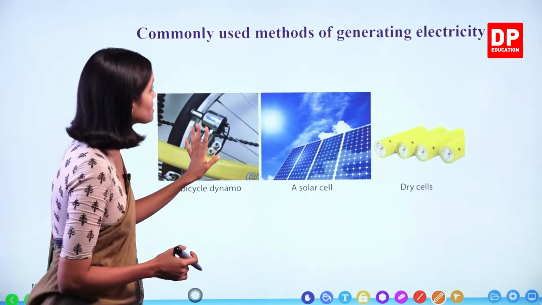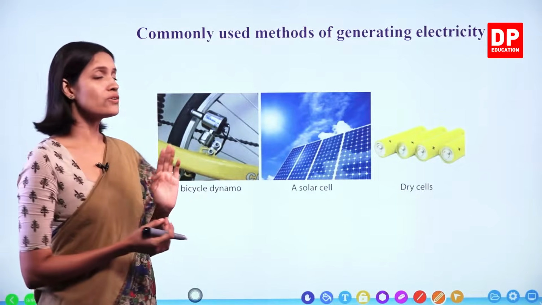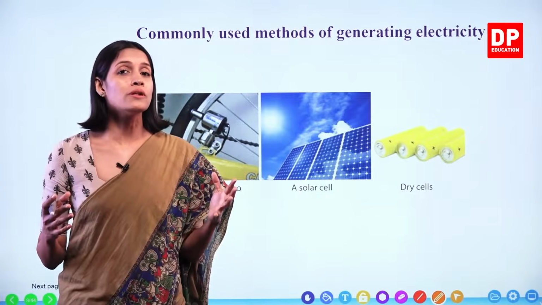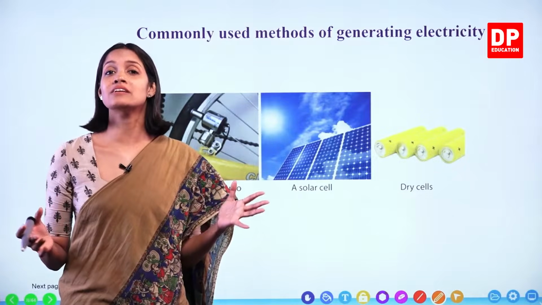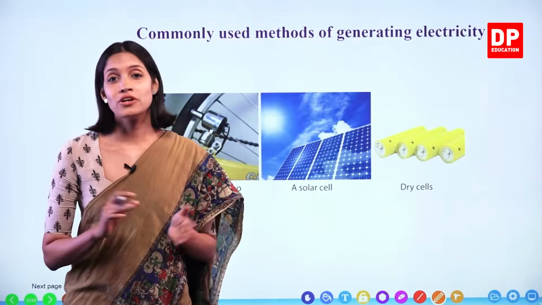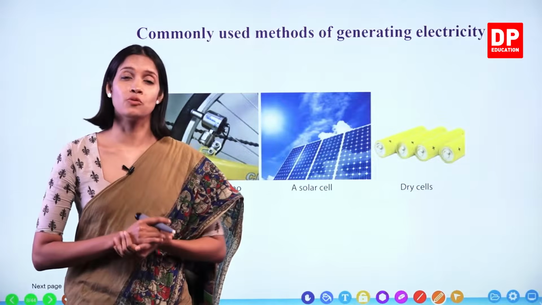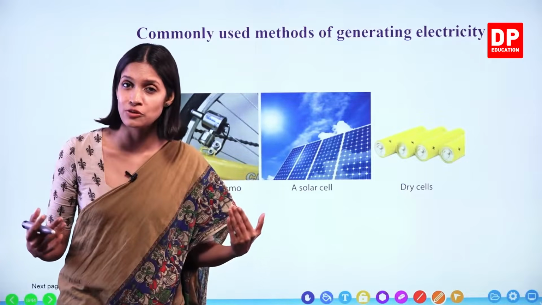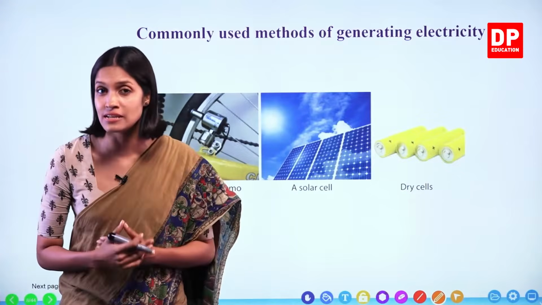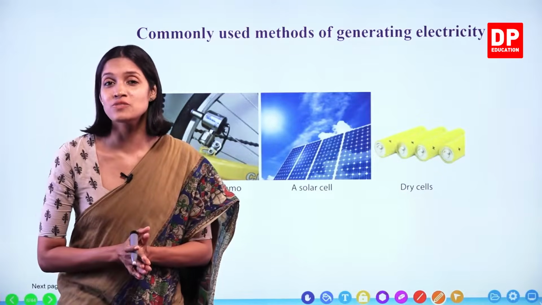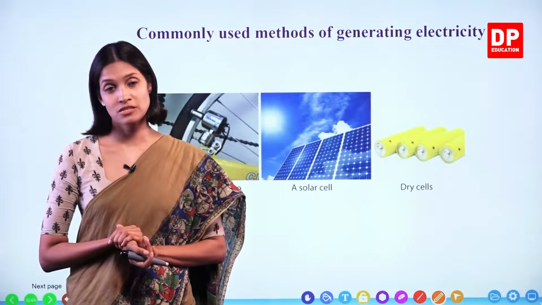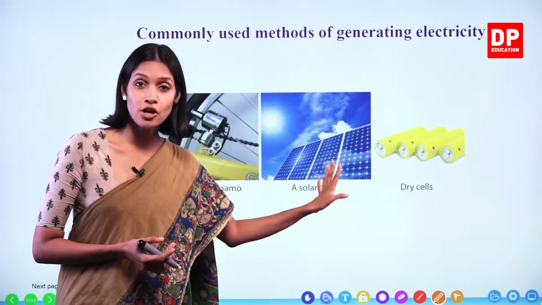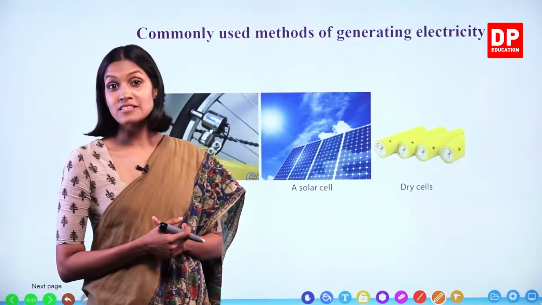So, commonly used methods of generating electricity. So, remember children, there are so many methods of generating electricity. All the methods we are going to categorize under three basic methods. So when you are going to the upper grades, you will understand this better. So all the methods, there are different ways of generating electricity, right? Even in our day-to-day lives, we see different methods of generating electricity. But all these methods, we are going to group under three main methods. These are the ways, right? Even if you can't understand it right now, when we go through the lesson, you will understand this better,